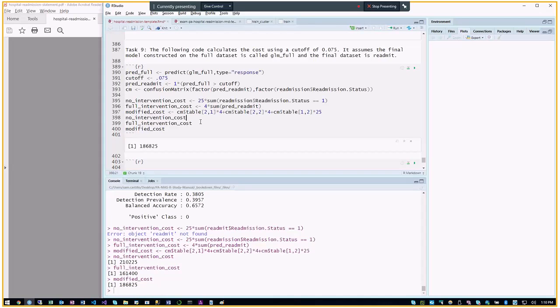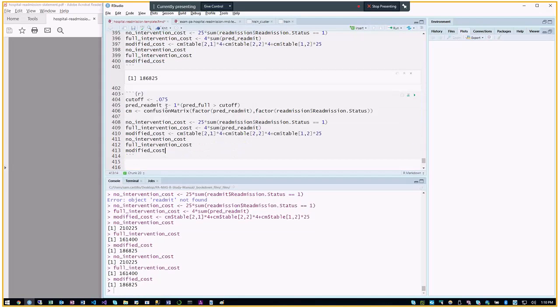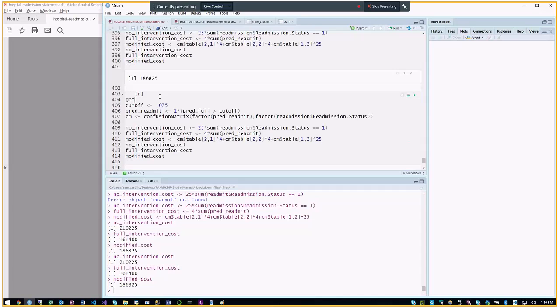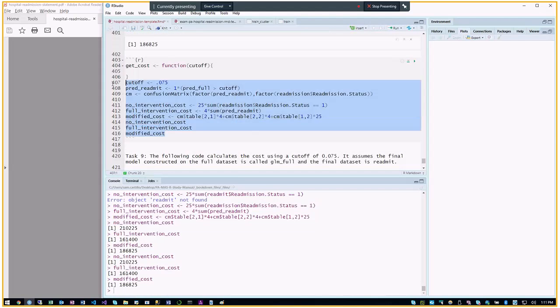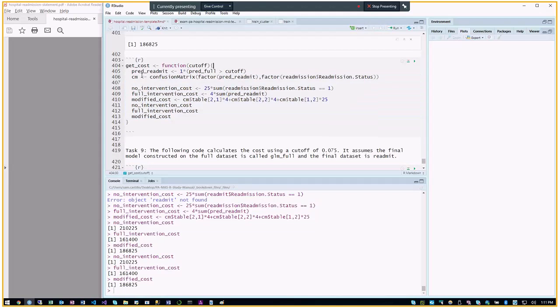So basically they give you 3 scenarios: no intervention, full intervention, and modified cost. And this is a function of the cutoff value, right? And so what you want to do is to create a function called getCost. GetCost is a function of the cutoff, and it's going to take in the cutoff value, and it's going to return a table